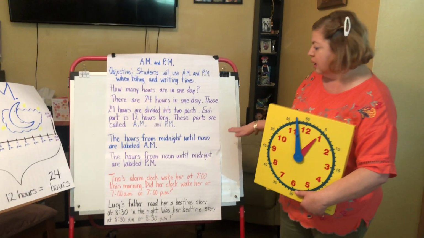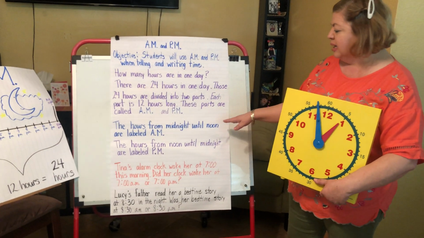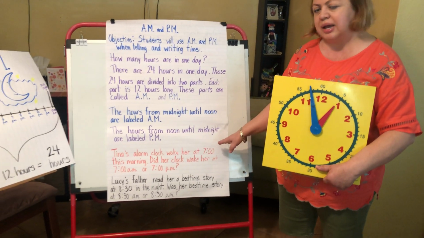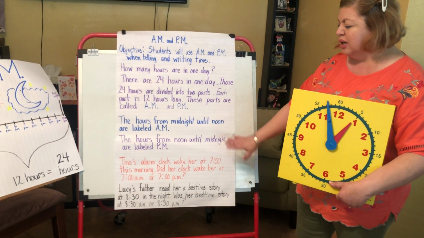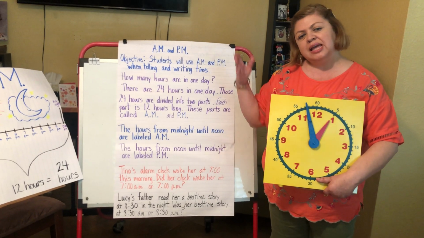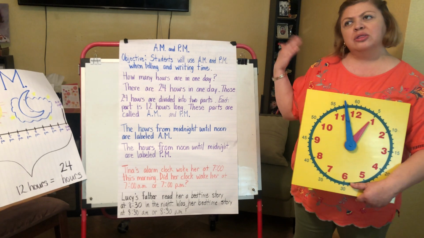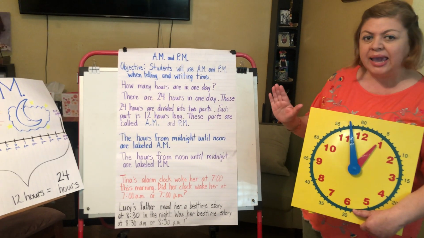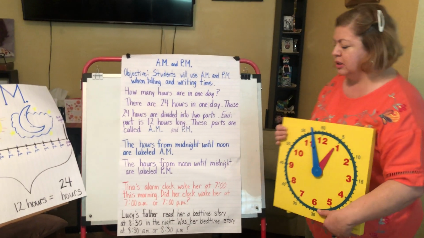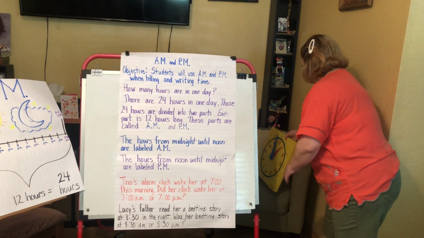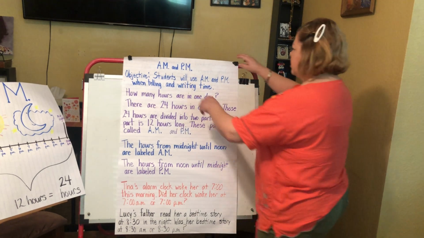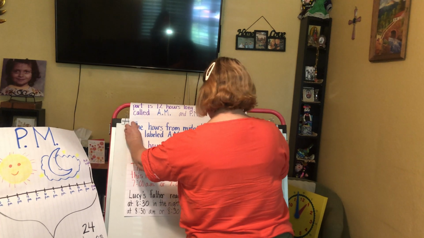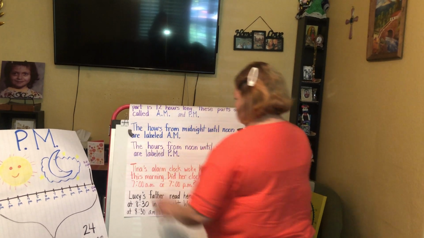So, like I said, the hours from midnight until noon are labeled AM, and the hours from noon until midnight are labeled PM. So we're going to think about some situations, and we'll think through it together and see if these events would happen during the AM or the PM. So let me just raise my chart here. Okay, so